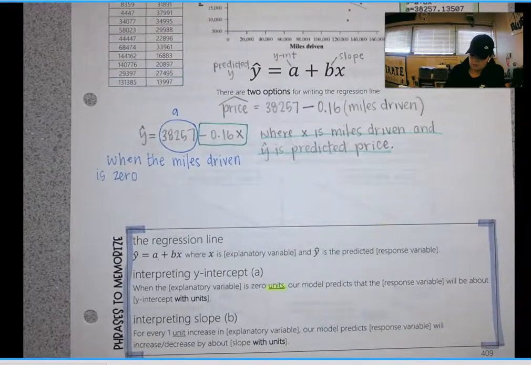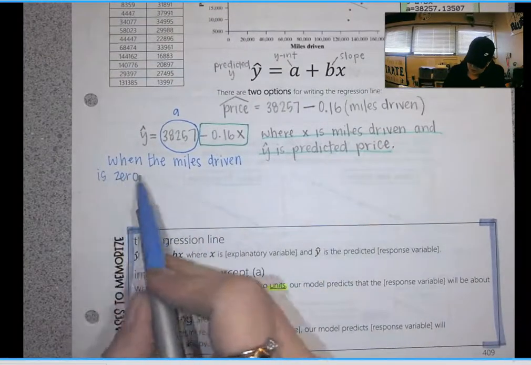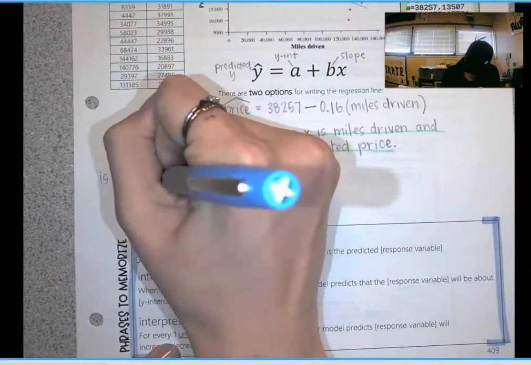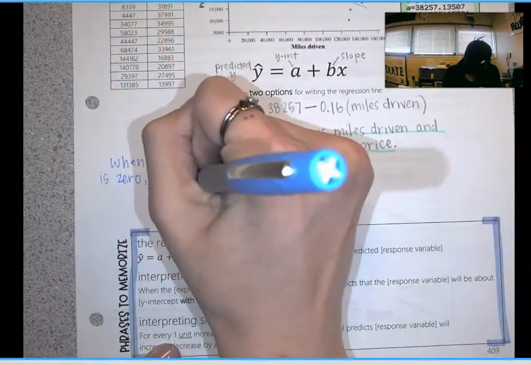The unit is miles. So when the miles driven is 0, comma, our model